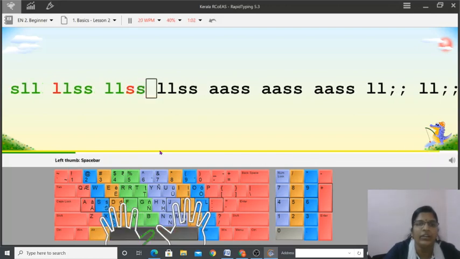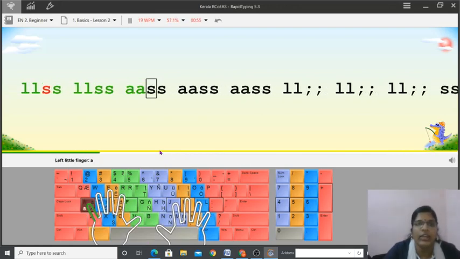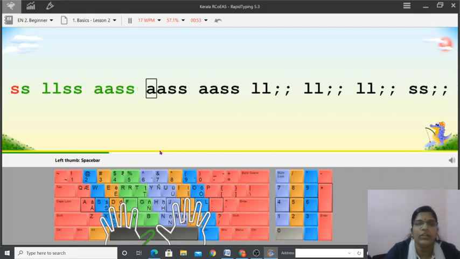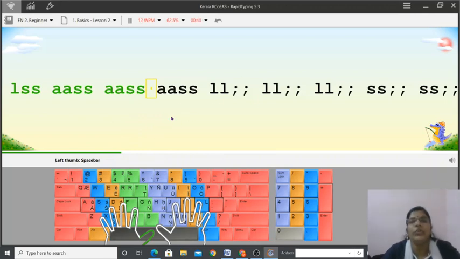Okay, so left thumb for space bar, LLSS, AASS, space AASS. Do you see? So these are the two bars which are moving, right? Green and yellow. Now we can see only green. Okay. So this is the way you have to type.